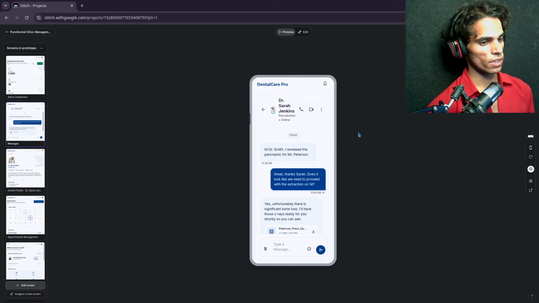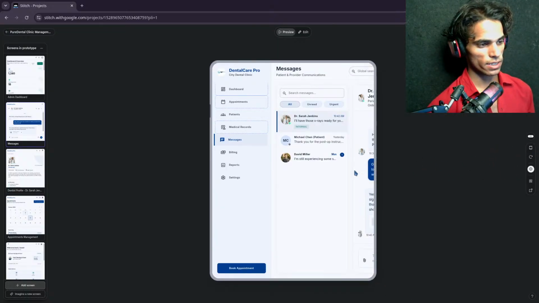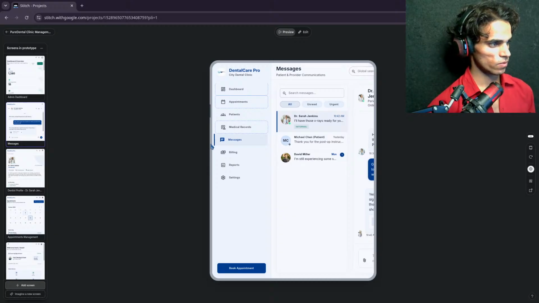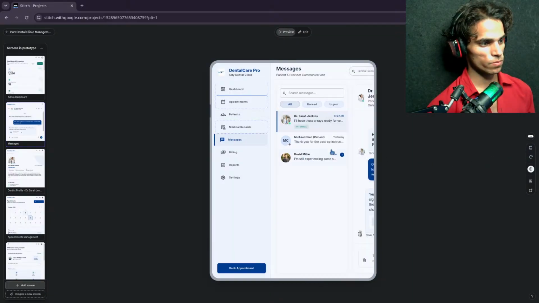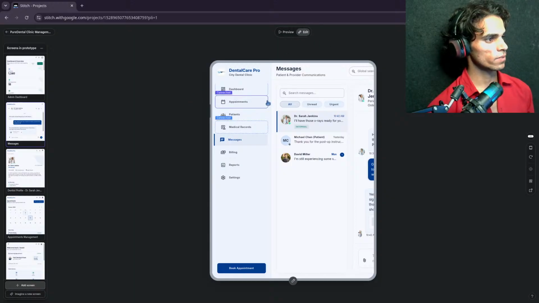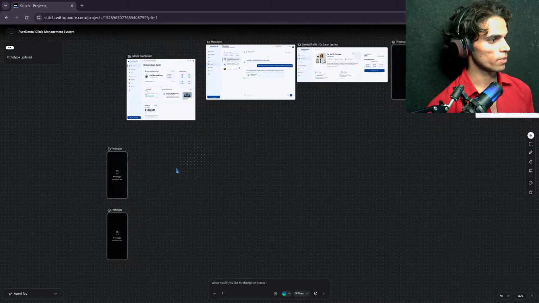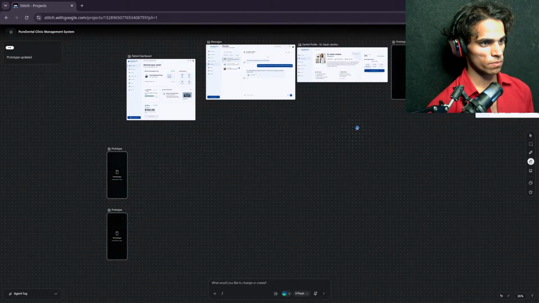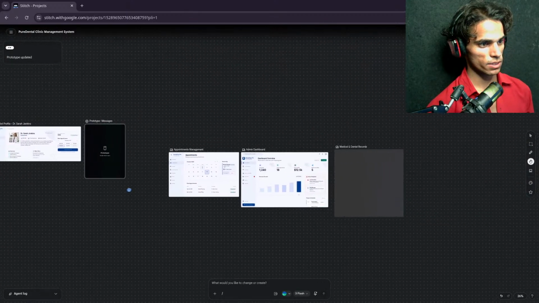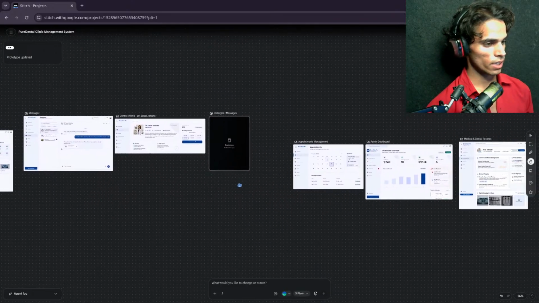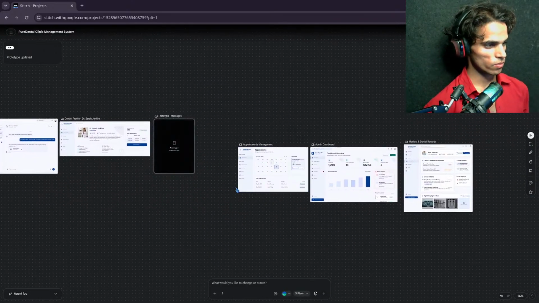It's not mobile responsive now, so let's change this to web and let's reload. Open a new tab, edit, preview. Yeah, so prototype, and prototype message. So what I want is to design all these pages now.